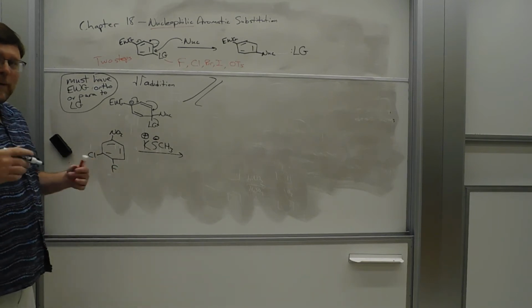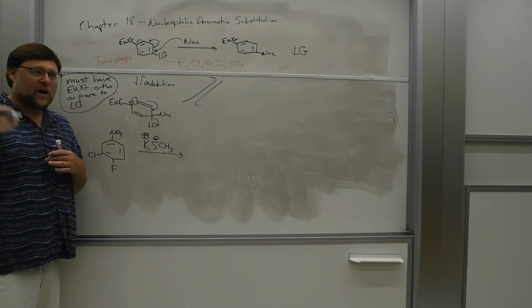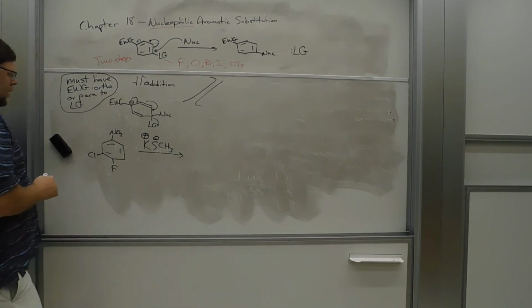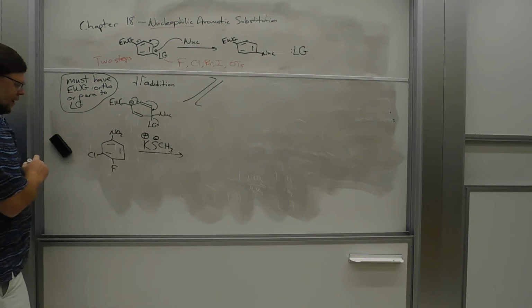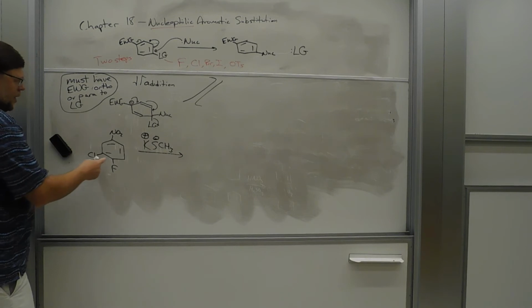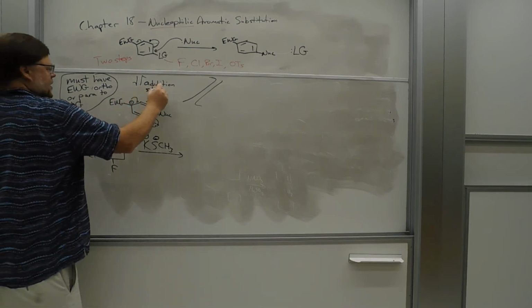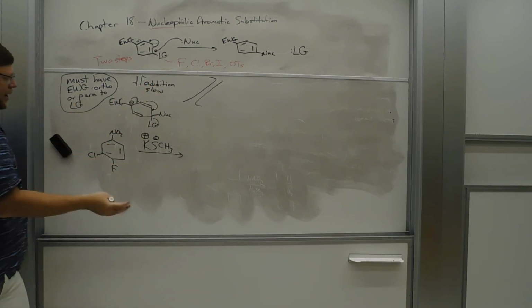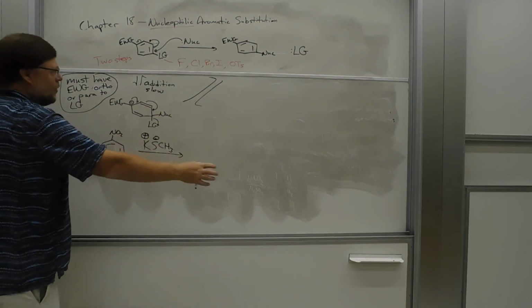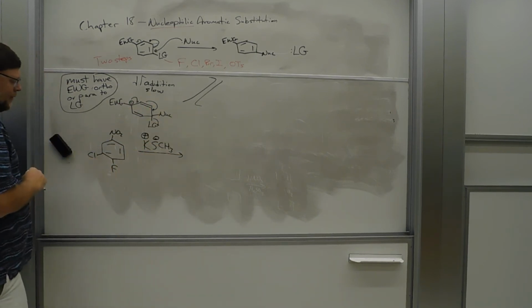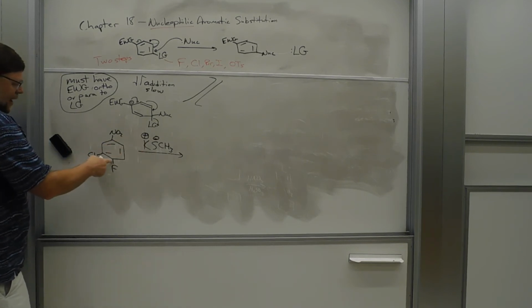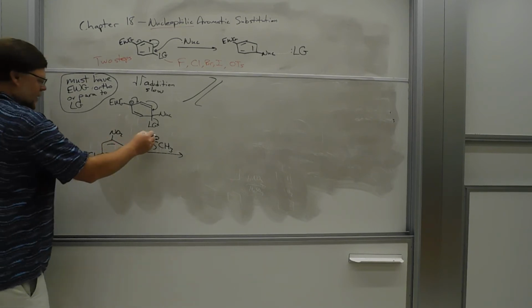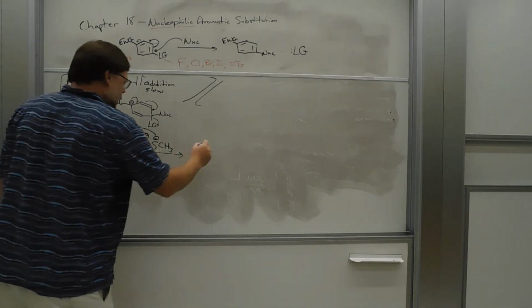From SN2 and SN1, you should know the carbon fluoride bond's too strong to break. But in aromatic substitution, fluoride is actually a better leaving group, for reasons I'm not going to go into. The slow step is this addition step, and once that happens, now you can break. Regenerating an aromatic ring provides the energy to kick fluoride out. The nucleophile is going to attack para or ortho to the electron withdrawing group. Chlorine's meta, so the chlorine can't leave here. So this reaction is going to give you that, and ultimately we're going to get